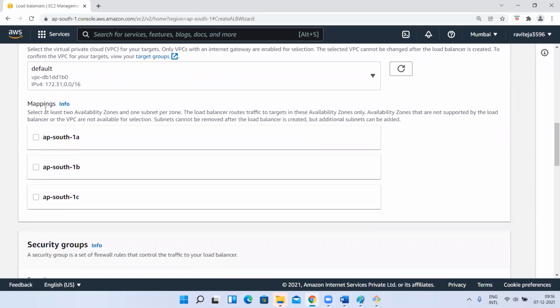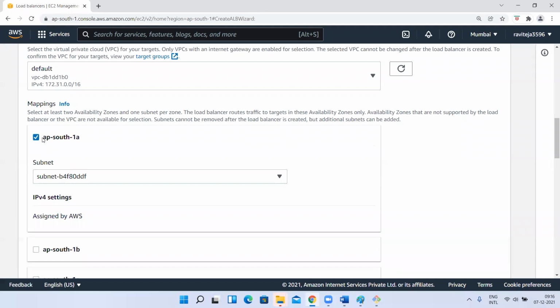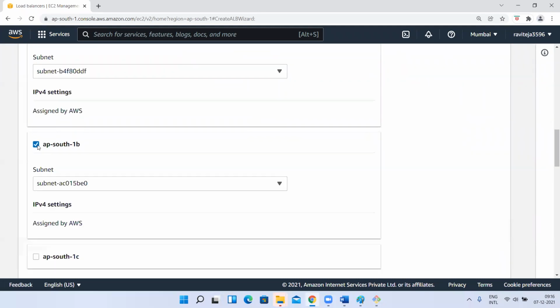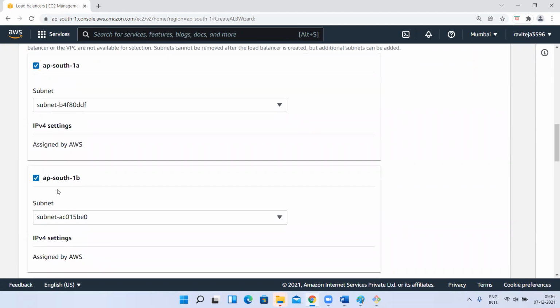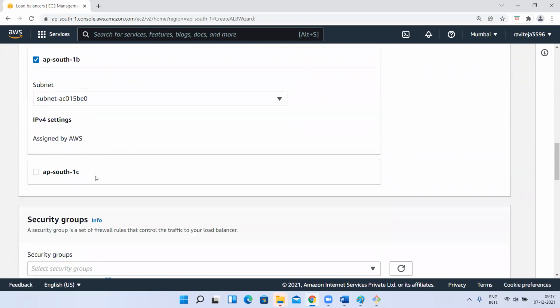Where it has to route the traffic. Where our two instances are there: one is in AP South 1A, the other one is in AP South 1B. Those two we have to select. Means if you access this load balancer, to which availability zones it has to route the traffic: these two, 1A and 1B.